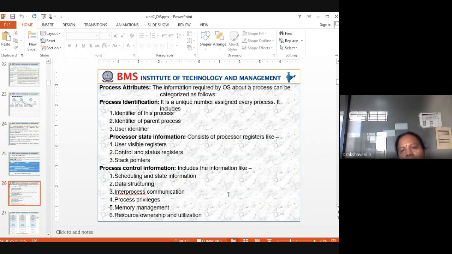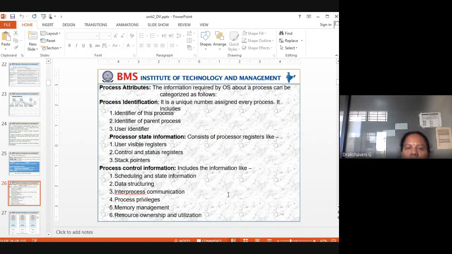So what are the process attributes? The information required by the OS about a process can be categorized as follows. Process identification: anything we need for identification. It is a unique number assigned to every process. It includes the identifier of this process, identifier of the parent process, and user identifier.